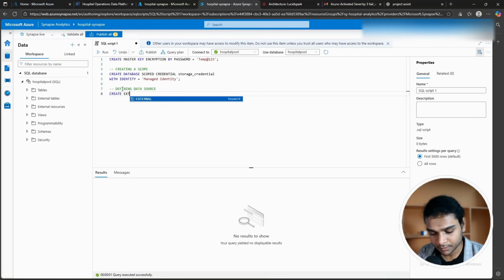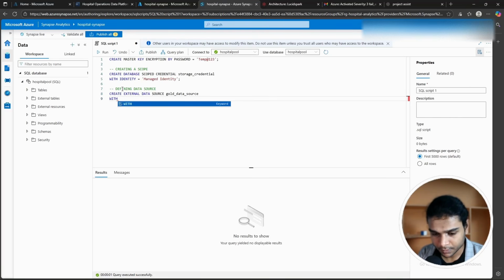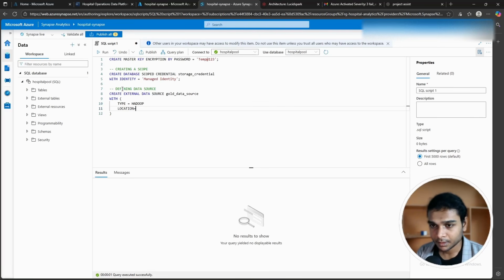Create external data source, named gold data source, with type equals Hadoop, location equals. For the location we need to use